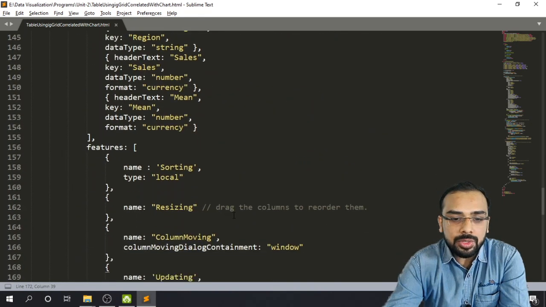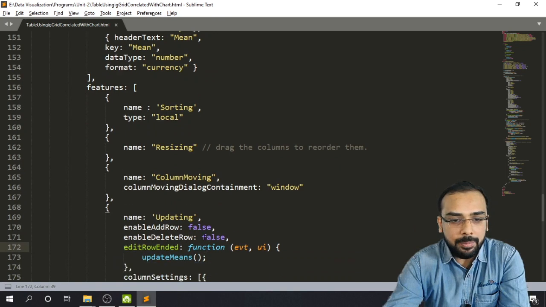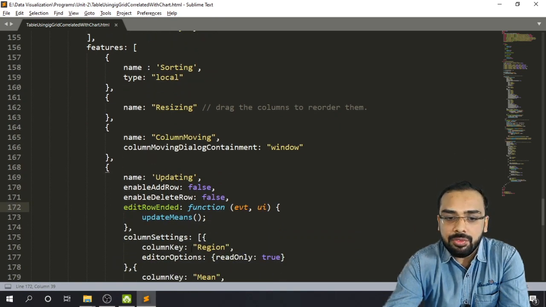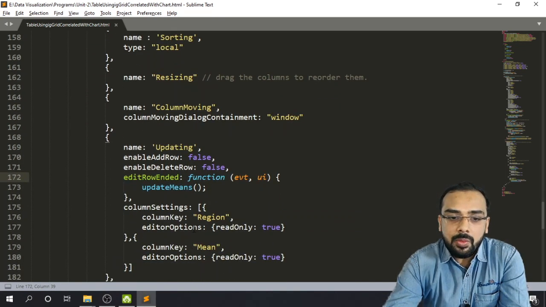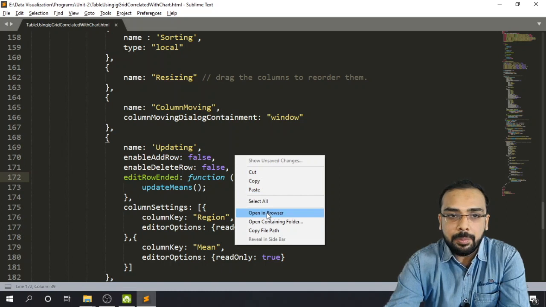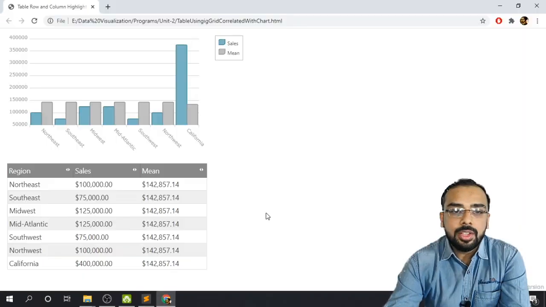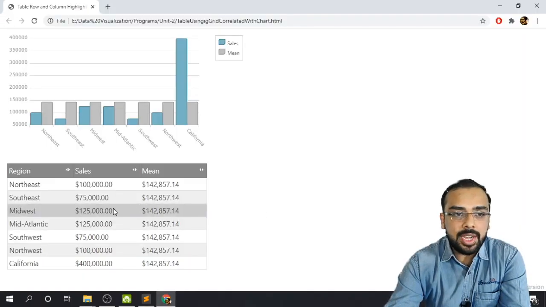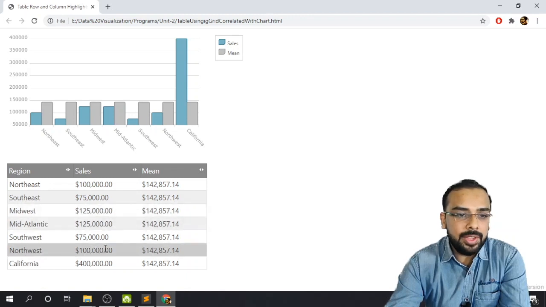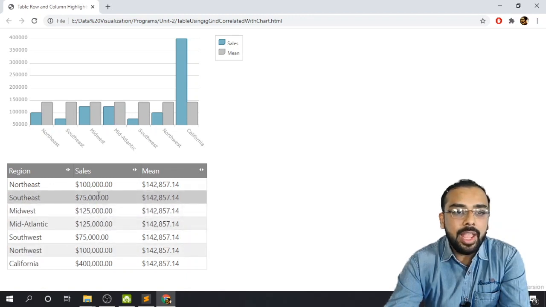Next we are going to see moving the columns. Updating we have seen, setting of columns. Now let us view how this particular data chart is visible. Simply right click, open it in browser. So this is the data chart that we have created. We have given the assignment and this is your particular data chart.